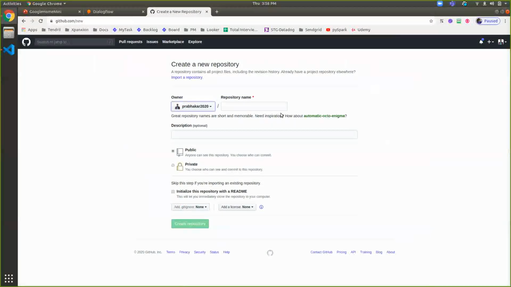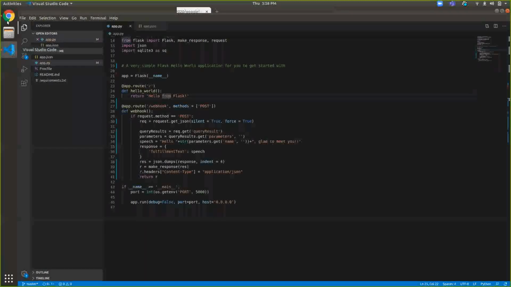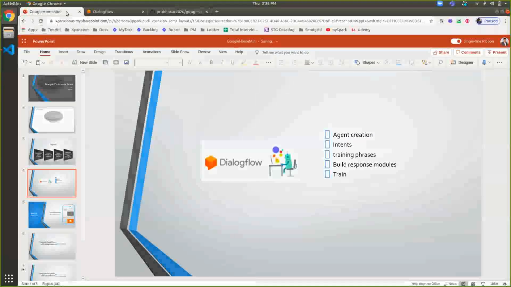I'm creating a new repository. I'm using this repository as GoogleHome mini. Description is not required, and it is a public repository initialized with a readme file. So now my repository is created successfully. The next step is, as defined in my agenda. If you go to the agenda,